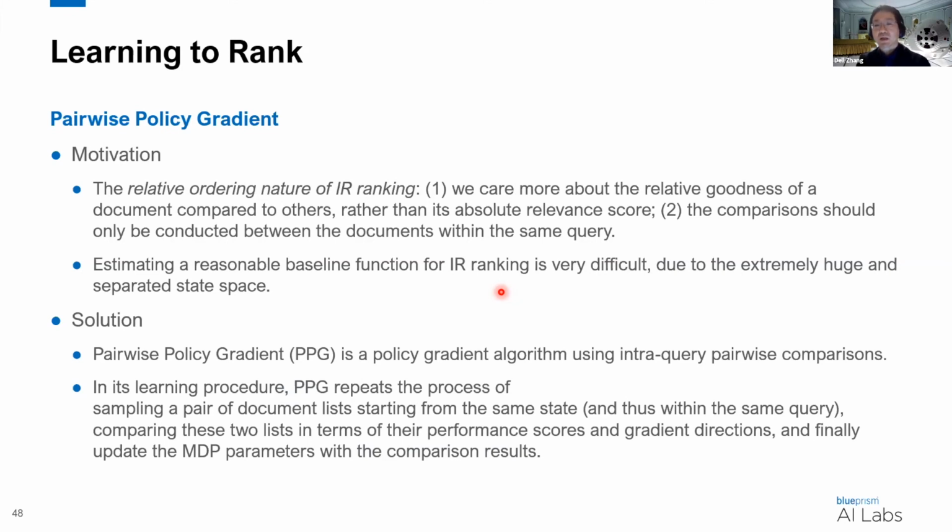And this comparison is only meaningful if we are talking about different ranked lists for the same query. But it doesn't make much sense if we compare the document lists for different queries. Sampling a pair of document lists starting from the same state